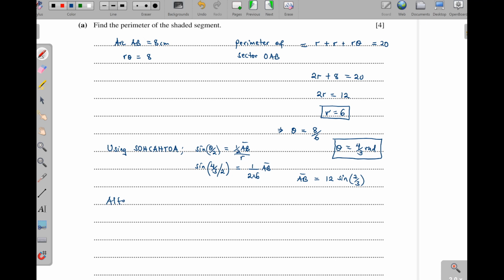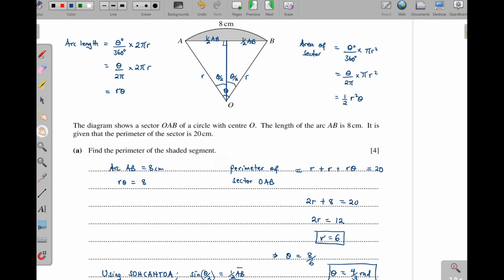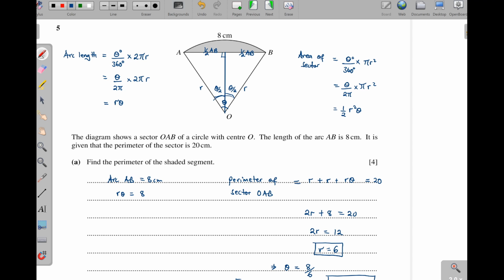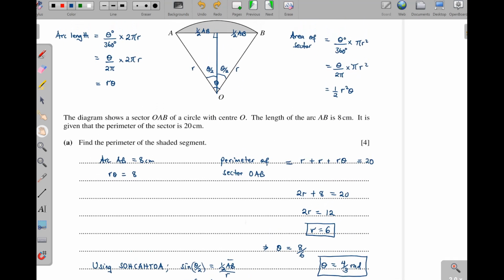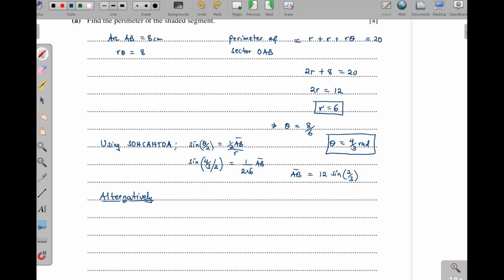Alternatively, I can find AB using the cosine rule. So I know the angle, I know these 2 sides, I can find this side there. So what do we do then? We can say AB, using the cosine rule, so we can have AB